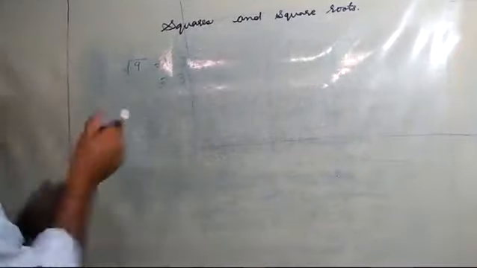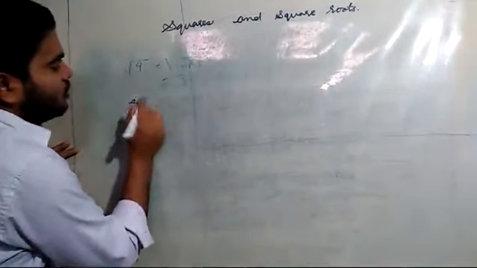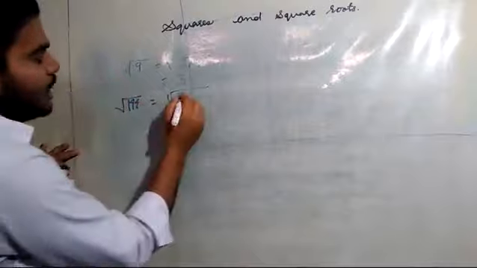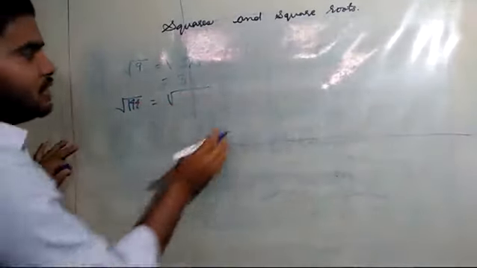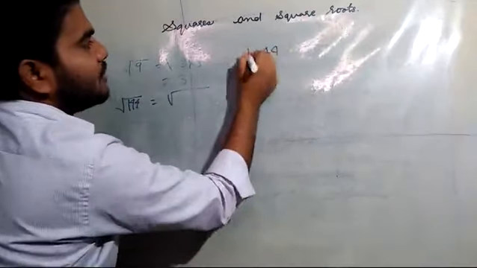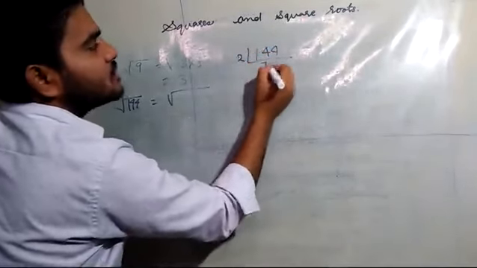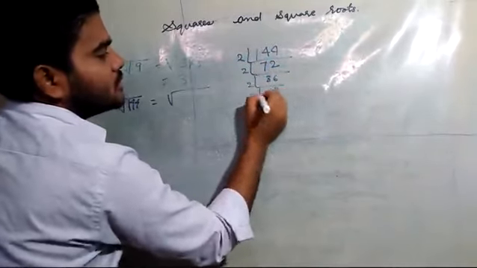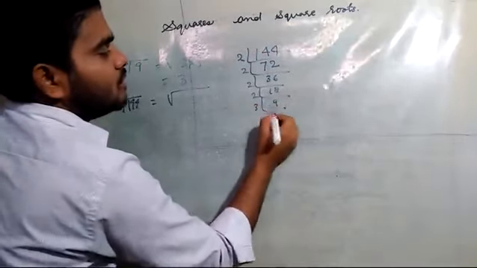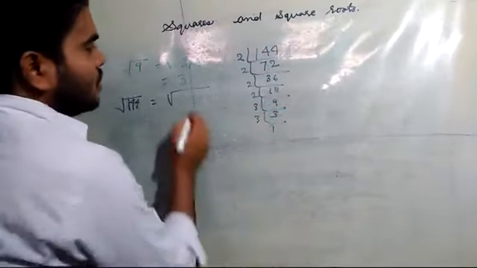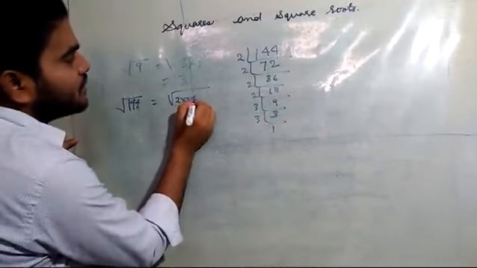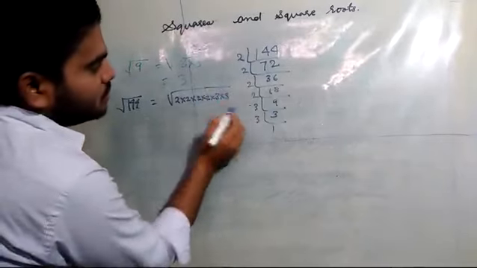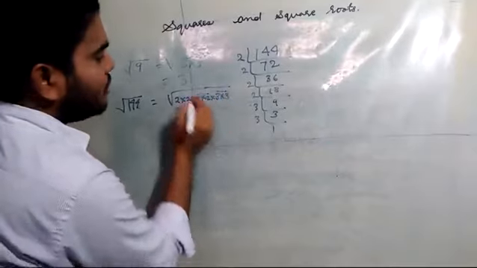Now if you have 144 for an example, you will break it. If you do the prime factorization of 144, let's see here: 2 7s are 14, 2 2s are 4, 2 36 are, 2 18s are, 2 9s are, 3 3s are, 3 1s are. Now you have to write all the numbers, 2 into 2 into 2 into 2 into 3 into 3, correct? 2 times 3, 2 times 3, 2 times 2, group and then group.